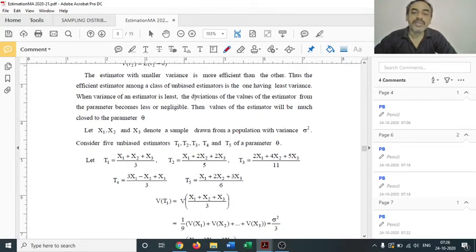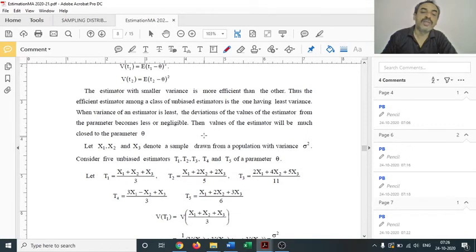Variance is less when the variables are almost in the surroundings of the mean, that is, when the differences of the values from the mean are smaller. It means that if observations are very close to the population mean, variance will be smaller. So an efficient estimator is one whose observations cluster around the population mean. The estimator having the least variance is said to be the most efficient estimator.